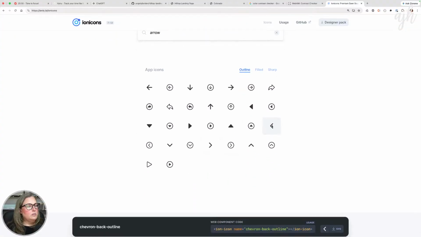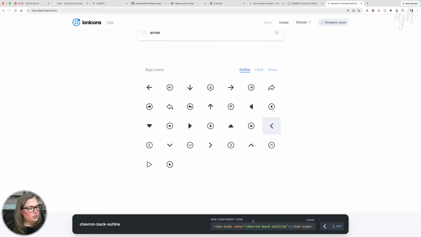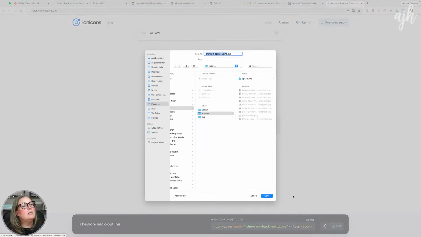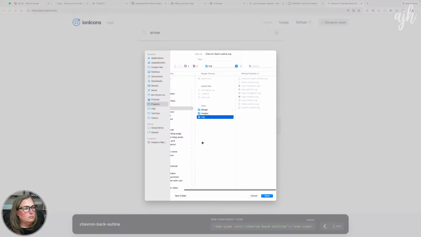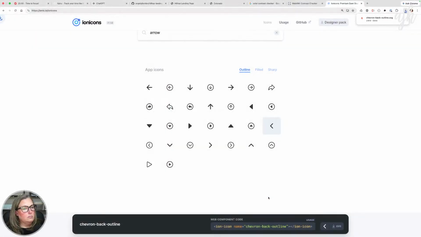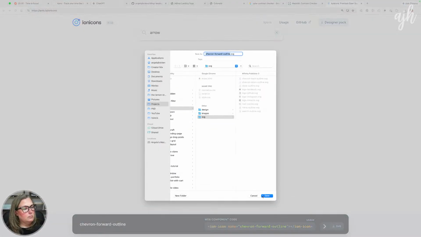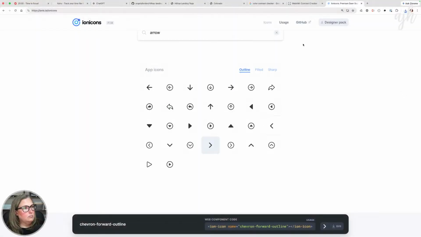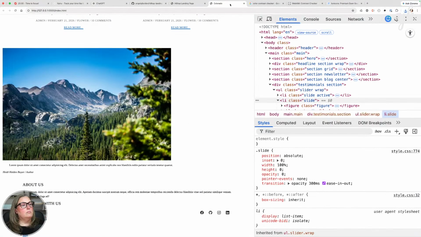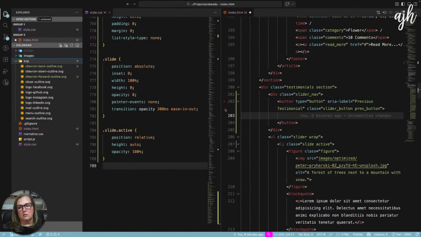So here's previous, chevron back. And then here's chevron forward.